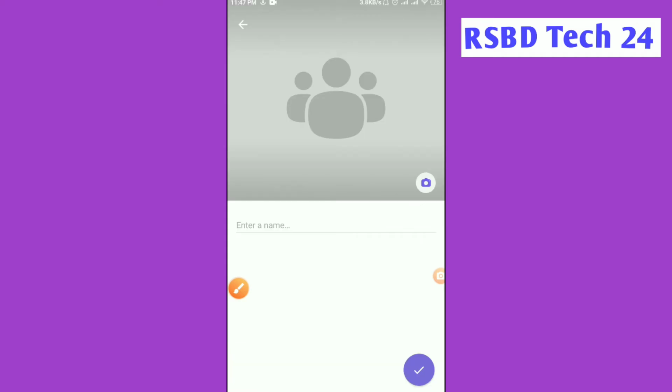I am clicking here, and I have seen a camera sign. That means we need a picture. That means you need a group picture. A group picture is an identification of a group. For this reason, I want to set a group picture here, so I need to click on the camera,